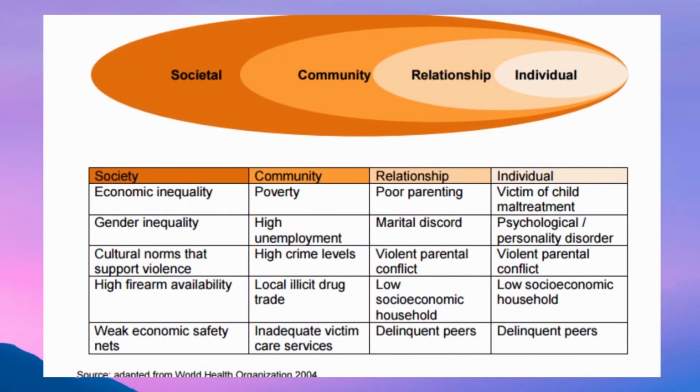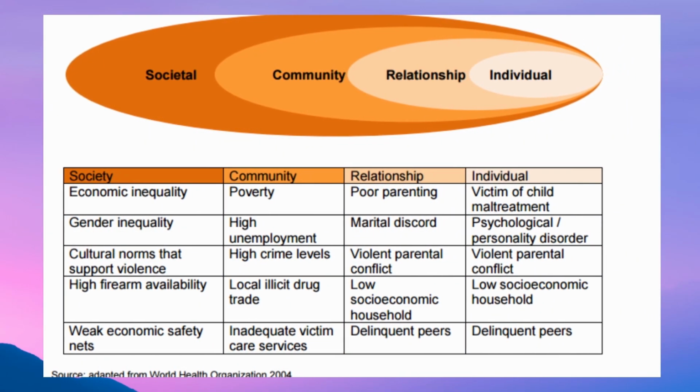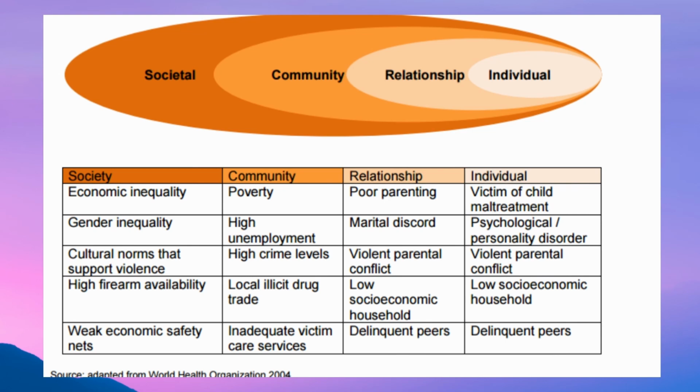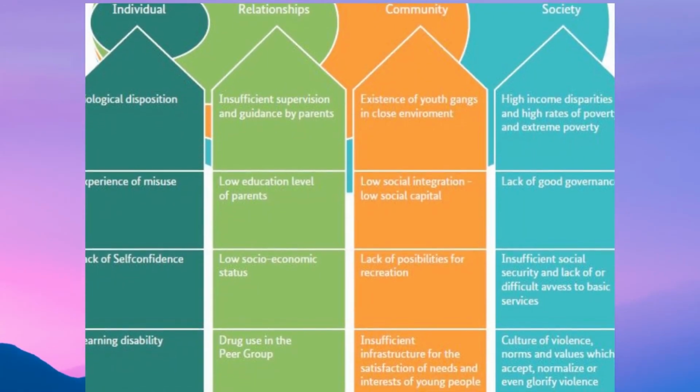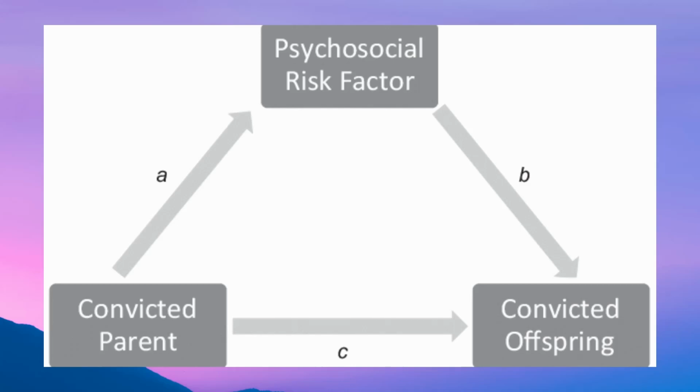Several other risk factors which are found to be predictive of later violence in a number of studies include low family income, large family size, low IQ, poor parenting practices, and early aggression and behavioural problems. And having a parent with previous convictions was also found to be one of the strongest predictors of adult convictions.